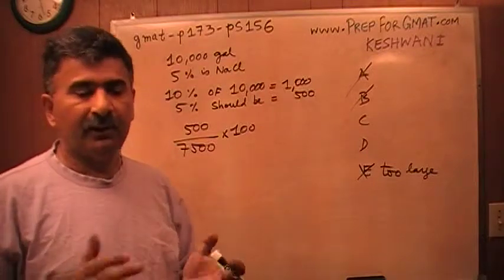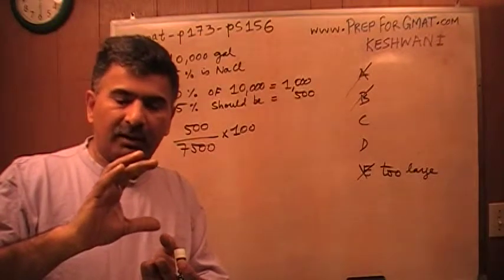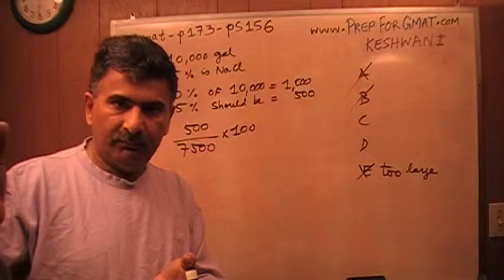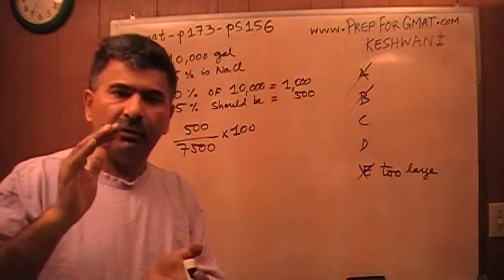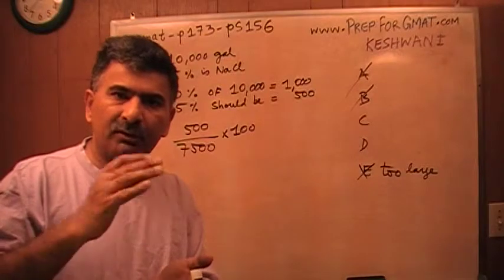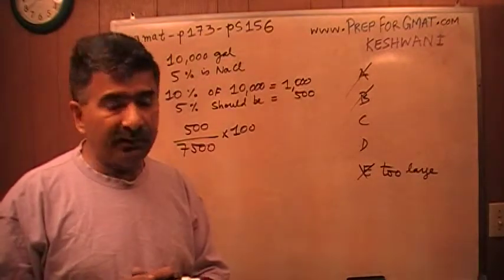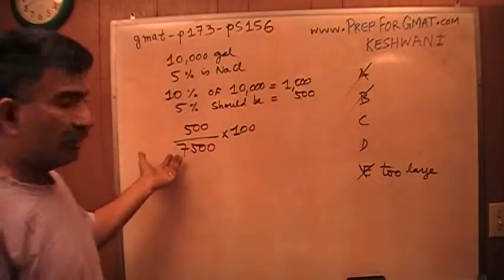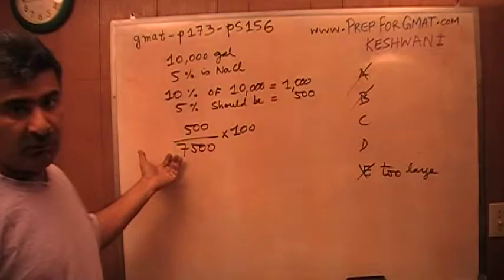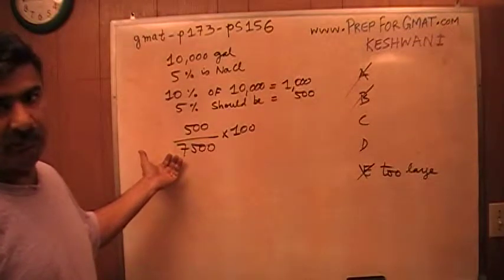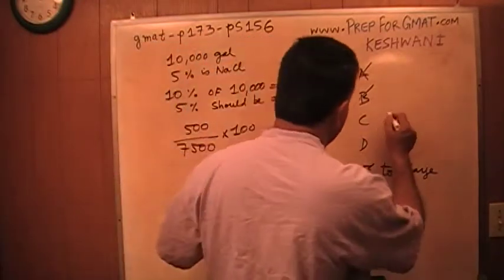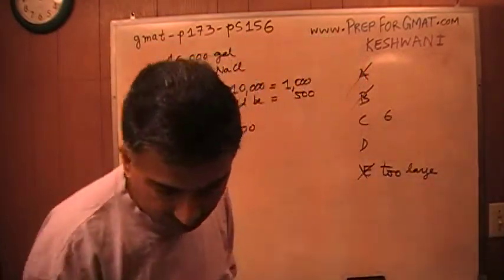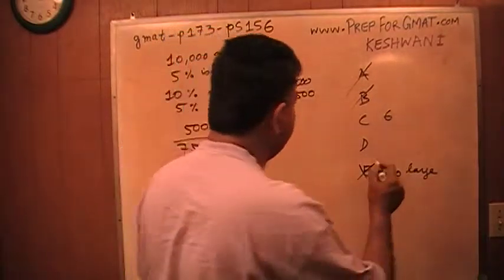Same thing here. If half the water evaporated from the swimming pool, the concentration of the solution would go from 5% to 10%. Half the water did not evaporate here. Only 1/4 of the water evaporated. So the concentration couldn't possibly be more than 10%. This is 11%. This is nonsense. The answer is either 6.25%